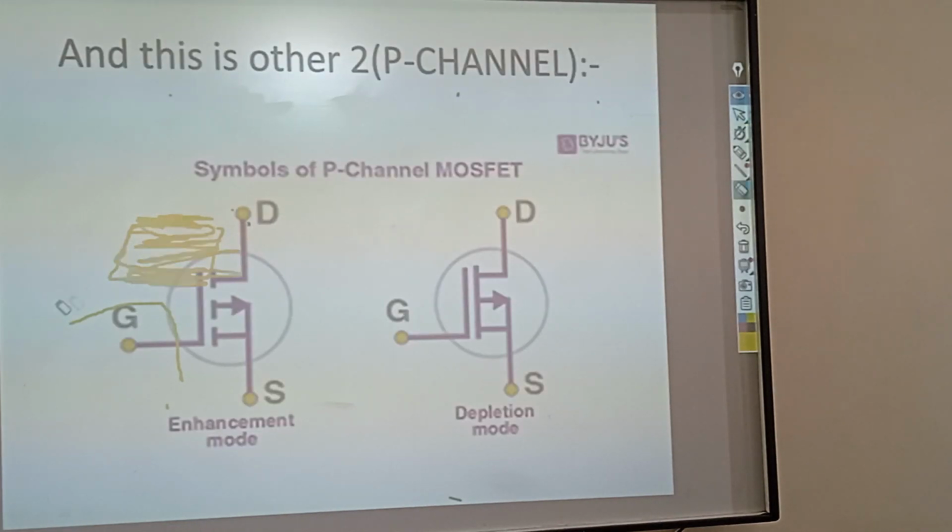Now you can see that these are two symbols. So it is the opposite of it. There the current has been changed into a P channel. And so you have to give the opposite of it for normally on and normally off. Now the last one,